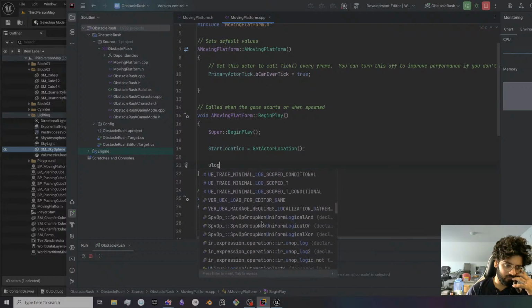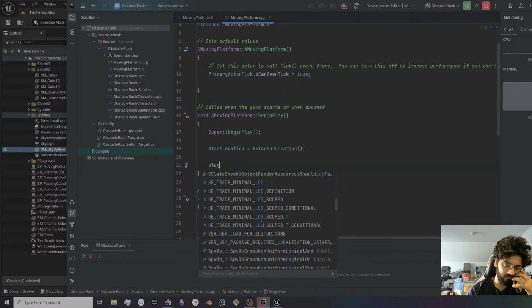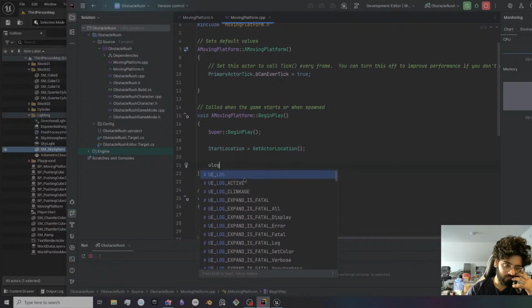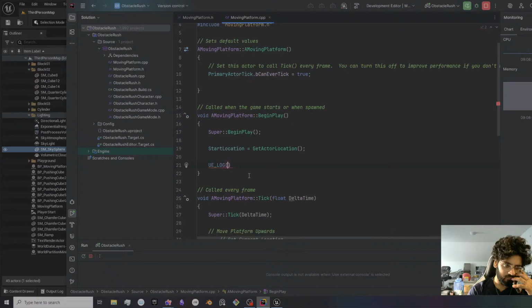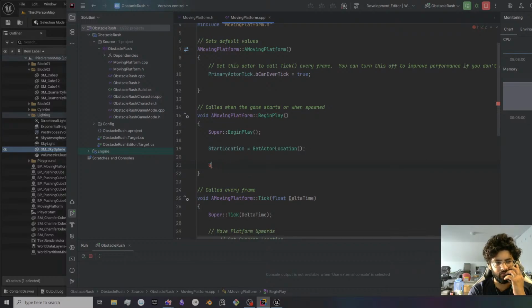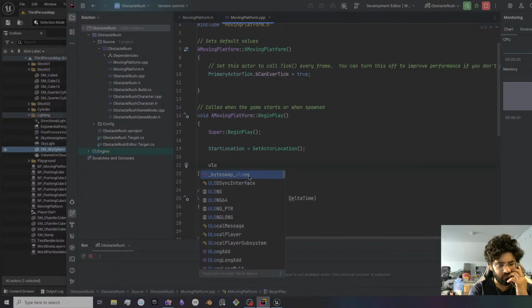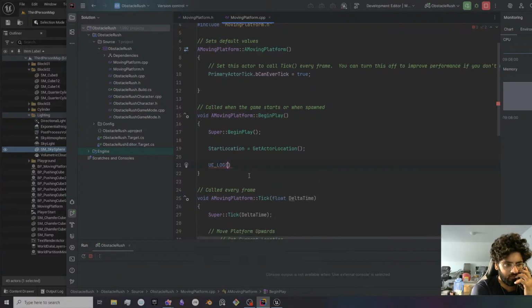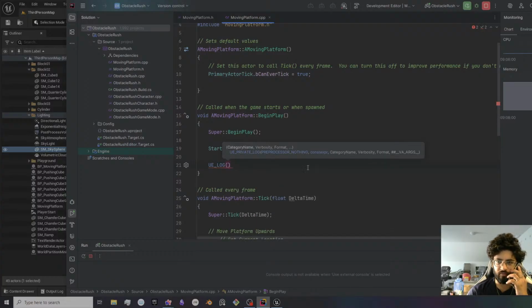And then what you're going to see is it's written out something that looks a bit like a function. It's not actually a function under the hood. It's got a little bit of Unreal magic going on here, but it's essentially a bit like a function. So what we're going to do here is we're passing in a couple of arguments to this function. The first one tells us what type of log category we are doing. The second one tells us the level